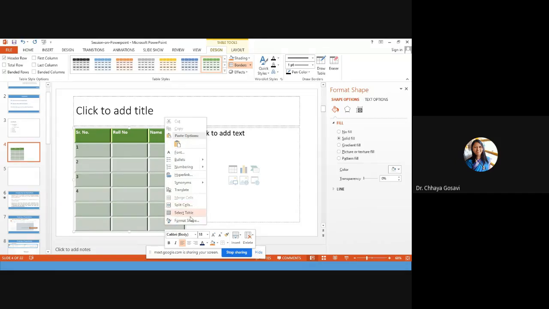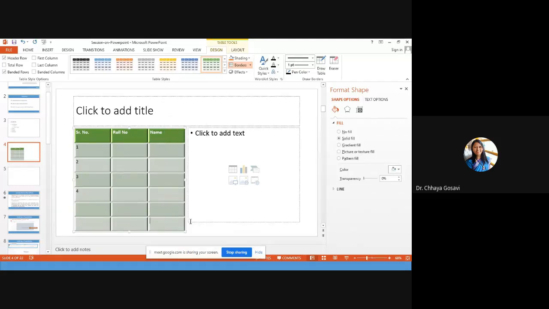Here in Format Shape, you can find all formatting options like fill, solid fill. If you don't want to fill, it will become blank. With solid fill, it already shows some color it is filled with, and you can change the transparency of the fill. For lines, you can say there is no line, or you can select solid line. So these are shape options.